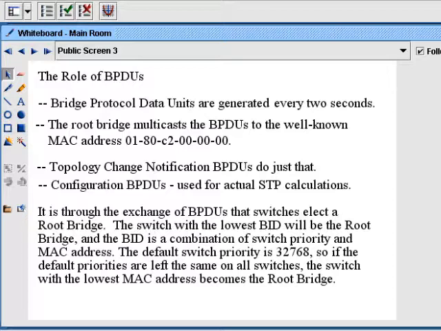And we'll look at it from this point of view first. We're going to look at it from switch A's point of view. Now switch A has a bid of 32,768 and then 12 A's after that. Now this switch is going to get BPDUs from both of these switches as we see. And switch A is going to see that the bids that it's getting from both of these switches are higher